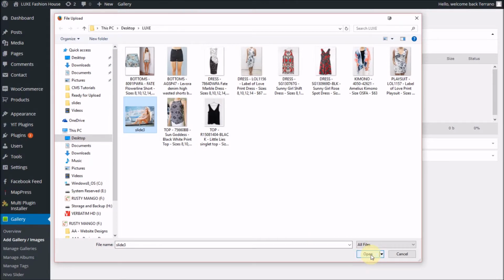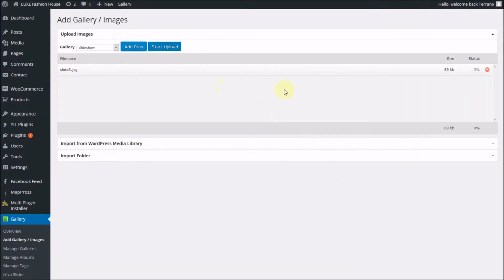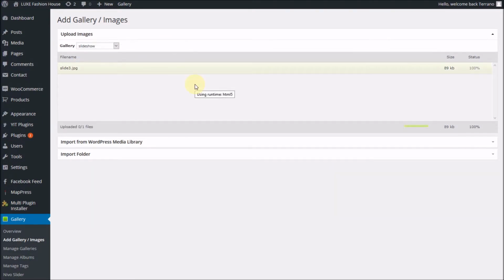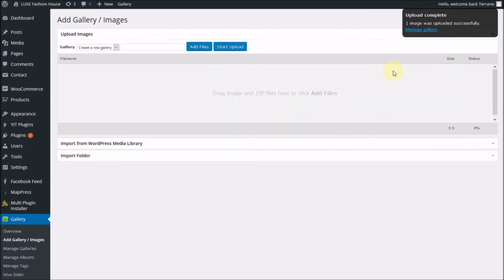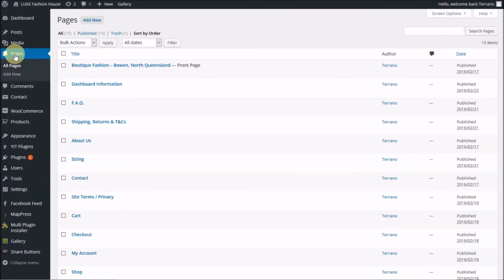I'm clicking on that and going to open. There it sits waiting for us, and we're going to click on Start Upload. You'll get a little progress bar showing you that it's loading up, and then it'll come up and say Upload Complete. Now that image is part of the actual slideshow. Our next step was to change the overlay text that goes over the top of the image on this particular site. So we go to Pages, just like we would go if we were changing the text on a page,